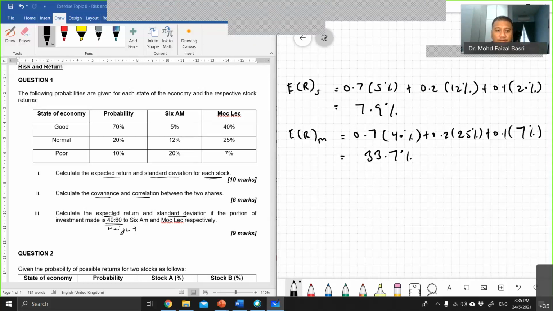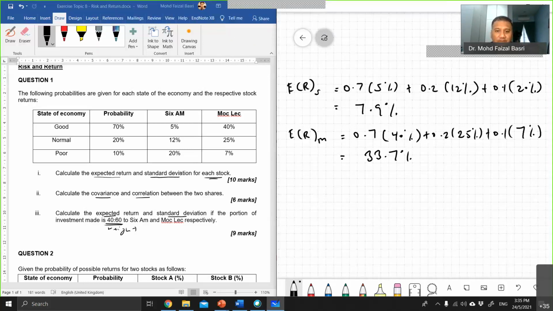Next, we move on to the standard deviation. In order to find the standard deviation, like I said, we can use the variance or use the standard deviation straight away because we need to square root our formula. For me, I will still use the variance because we need both information by the way. So I'm going to put variance for S.